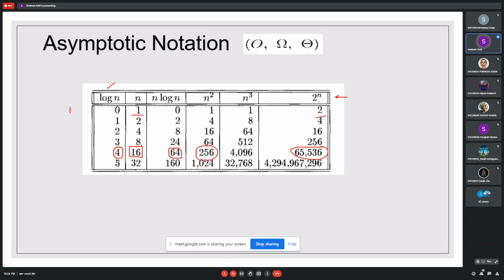If we go below that, if my n value is 32, then 2 to the power n will require a few days to compute. Your computer will not be able to compute that in minimal time. A few days again depends on the processing capacity of your machine, but it will require many more steps.